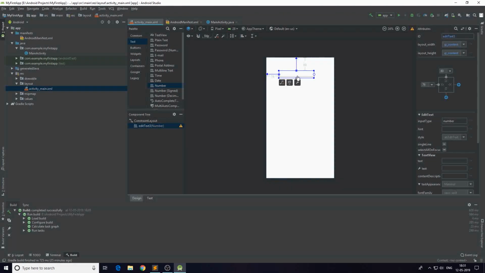We have 4 circular icons to apply constraints on the 4 directions of an element. To place an element anywhere in the screen, we need to define at least 2 constraints for its positioning. If you don't do this, on runtime, your elements will just shift to the top left corner of the screen. So here, I'm going to drag this element here